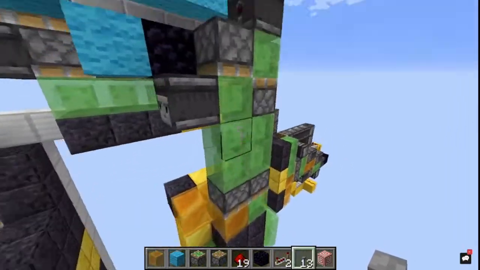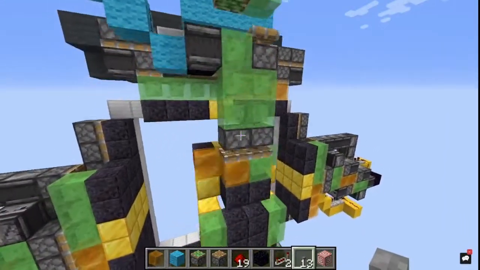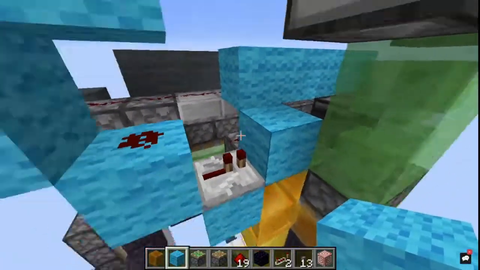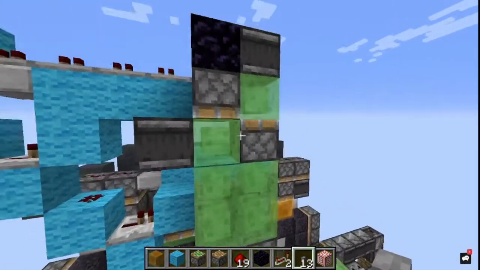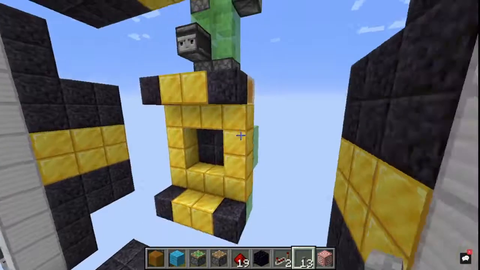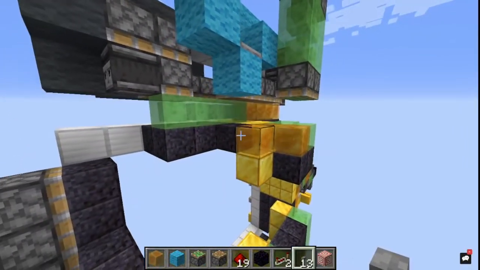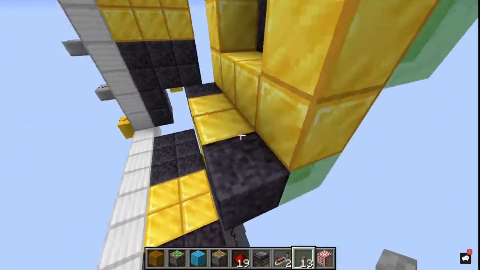So if we set this off, I don't think anything should get stuck. It may need more delay. Okay, so if we send these all back down, very nice. That went perfectly in the center. Okay, good. And then we can send the whole thing back up again. It goes up and the extra blocks are pushed into place. Perfect. Okay, so now we need to pull this down